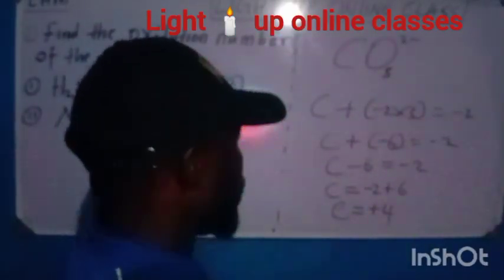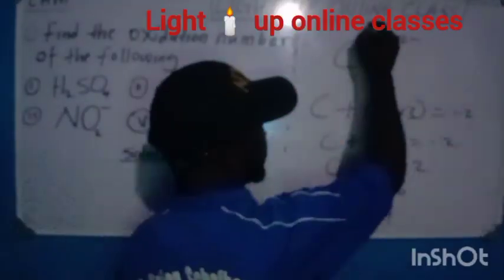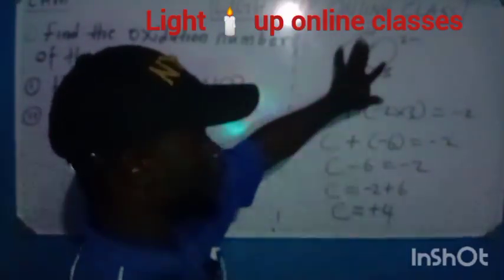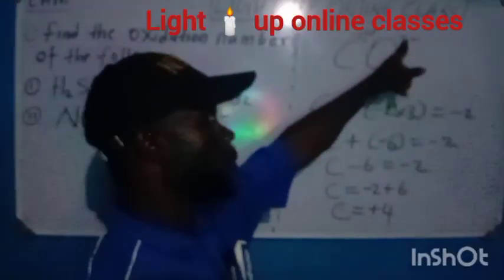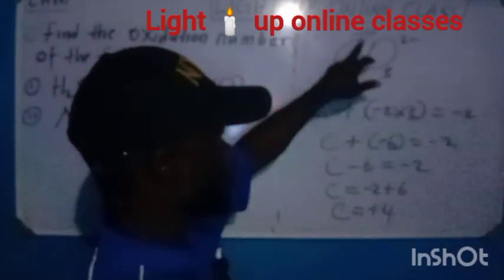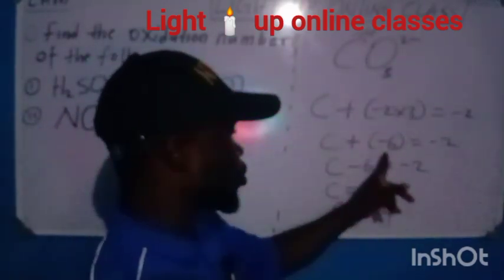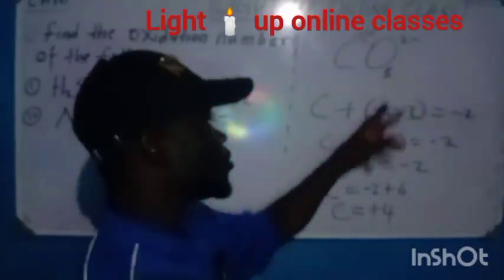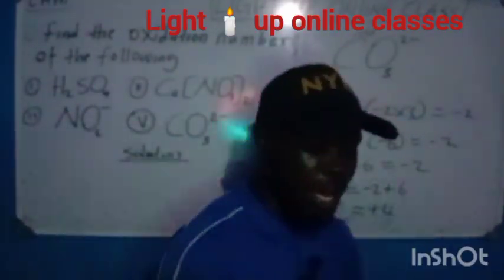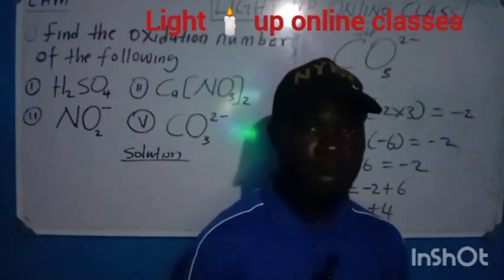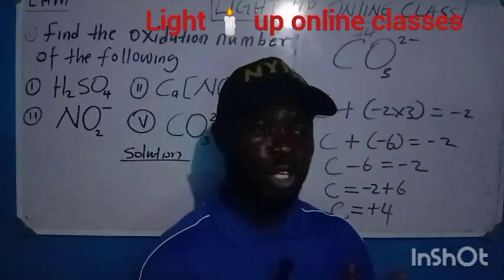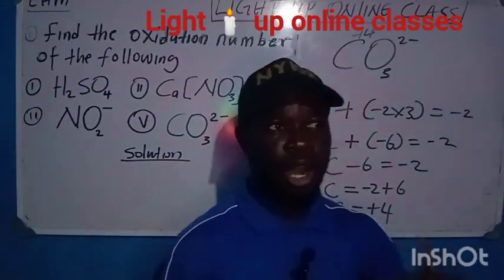Now, if we substitute the value of carbon here, which is +4, the sum of the oxidation numbers should give you -2, which is the charge of this compound. And of course, this here is -6, so -6 plus 4 is equal to -2. So that is how we add them. We sum up the numbers, or we express the oxidation number of every compound, using the two laws, the sum of oxidation number of